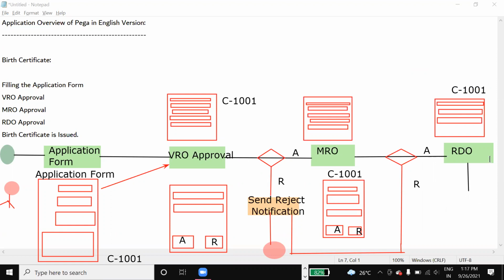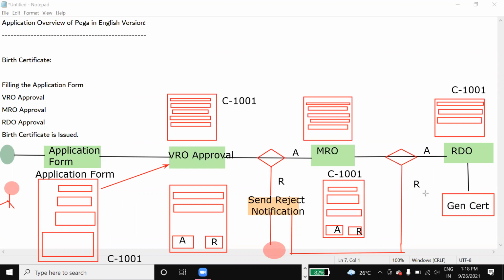Once he approves, then we are going to generate the certificate. We are going to provide a PDF template, and the system will populate all the details required as part of the template and generate a certificate.